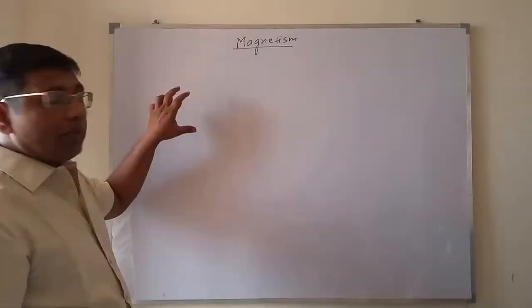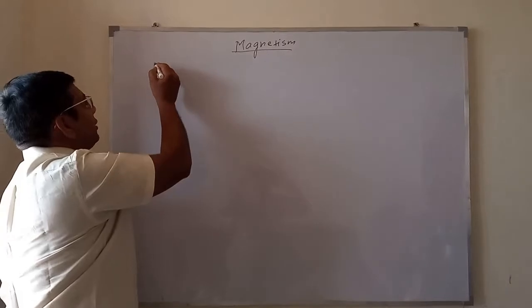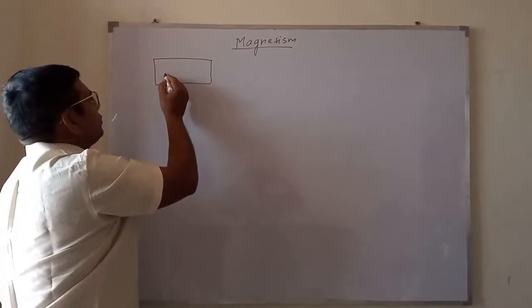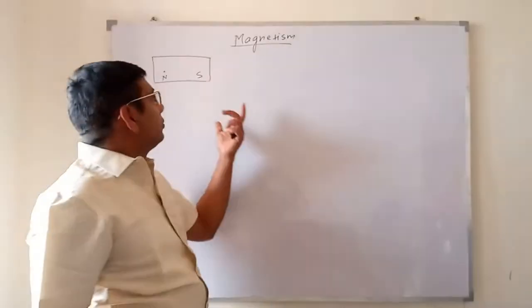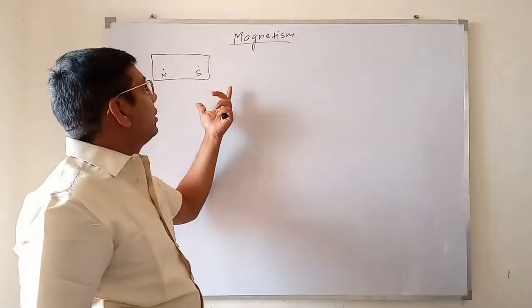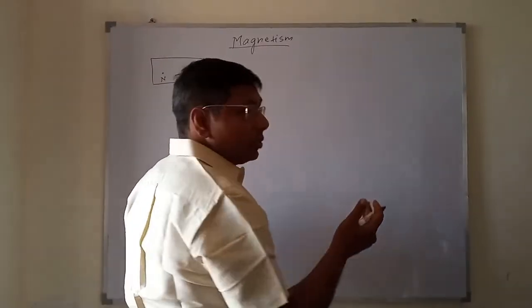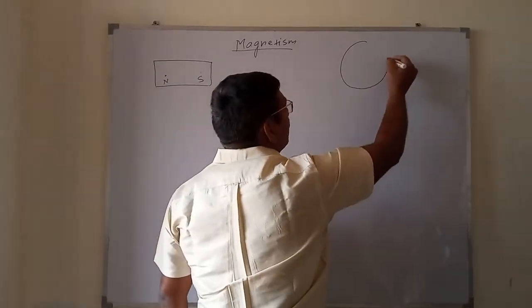When we think about a magnet, the first thing that comes to our mind is a bar magnet, right? A permanent magnet which has two poles, a north pole and a south pole. But what is the reason behind this phenomenon? Why does magnetism occur? When we go into the detail, we find out that somewhere some charge is moving, right?